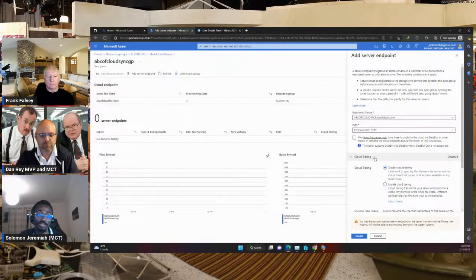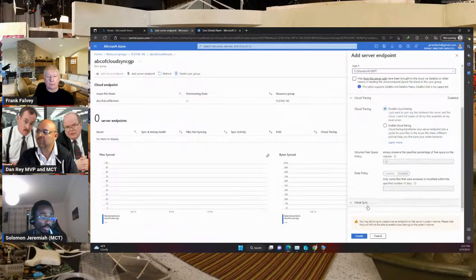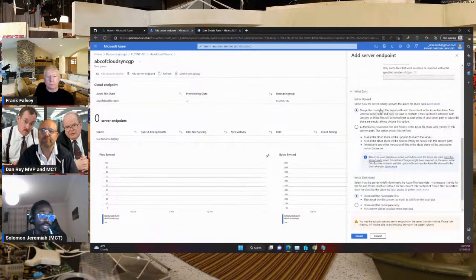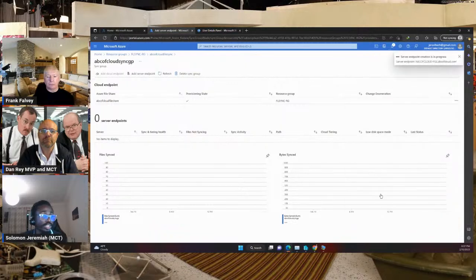They would not be downloaded to your server, but you can see them. And if you choose to use or access that file, it will download the file to your server. But I won't be using this. I'll just go to creating. So this initial sync is just what I need now. I will just click on create and